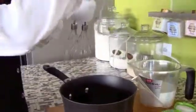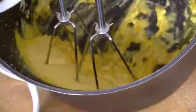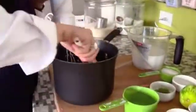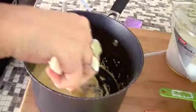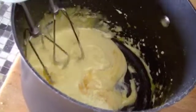And right away, you see the change in color? You want it to be thick and pale yellow. Okay, it's not my usual hand blender, so one of the instructors borrowed my hand mixer, and I didn't want to bring the big gun for this, but you get the idea. You really want it yellow, pale yellow,